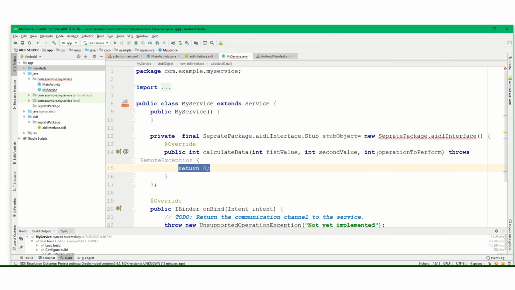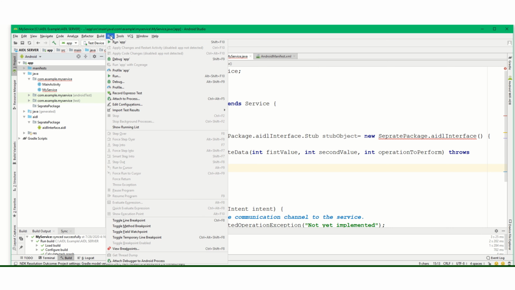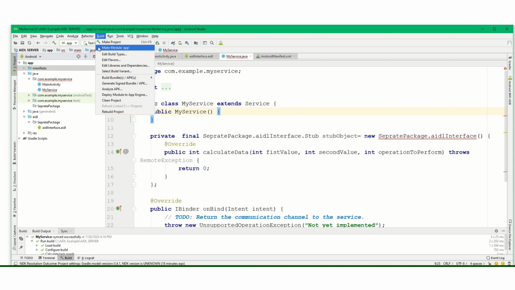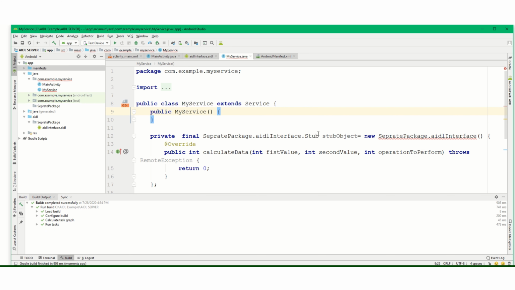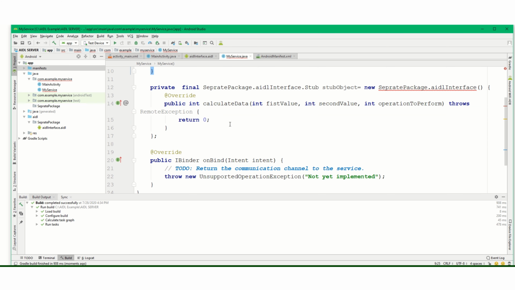Okay. Then I'm getting some error. Clean. So where is our online?